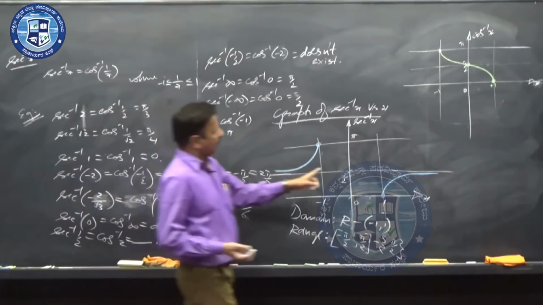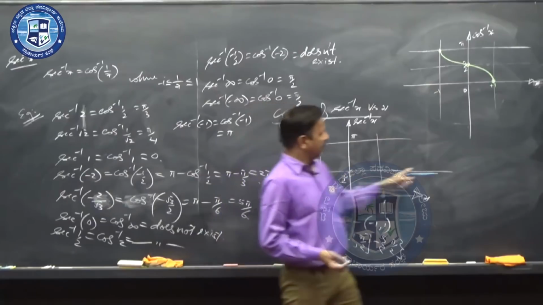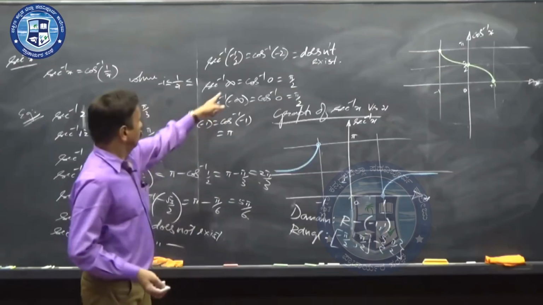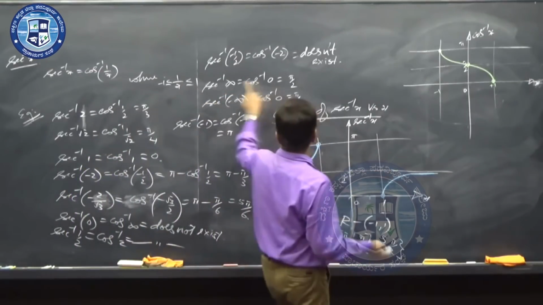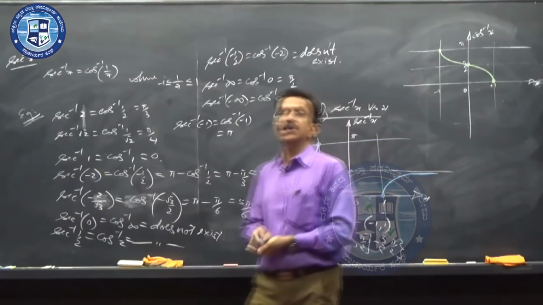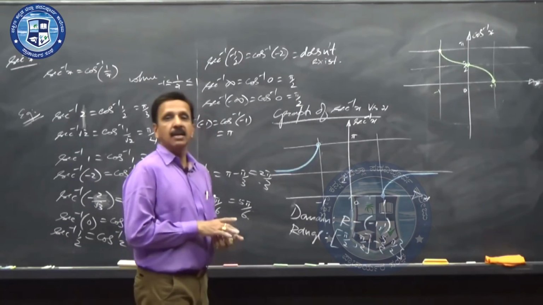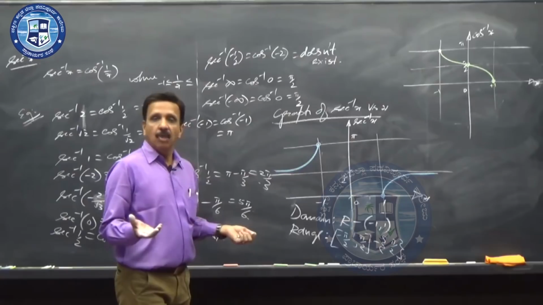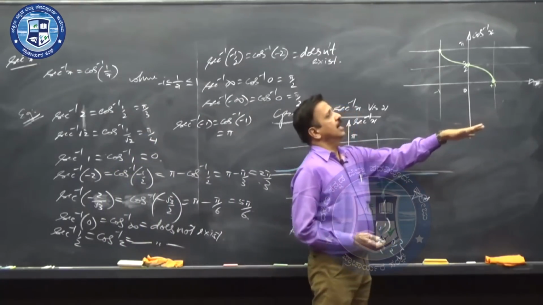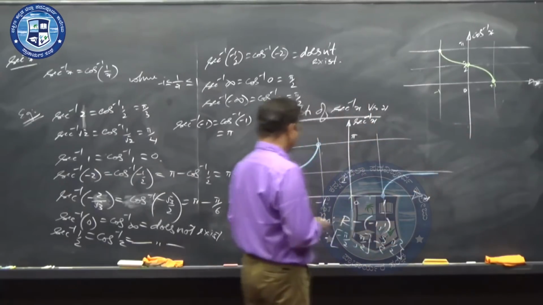Why can't it take pi by 2? Look at this. If at all it has to take pi by 2, x must be infinity. Secant inverse infinity is equal to pi by 2. But how do you mark infinity comma pi by 2? Infinity comma pi by 2 can't be a point on the graph. That's why x can't be infinity. Hence secant inverse infinity is not pi by 2. When x is a very high value, then the secant inverse answer approaches pi by 2. That's the meaning of an asymptotic curve.